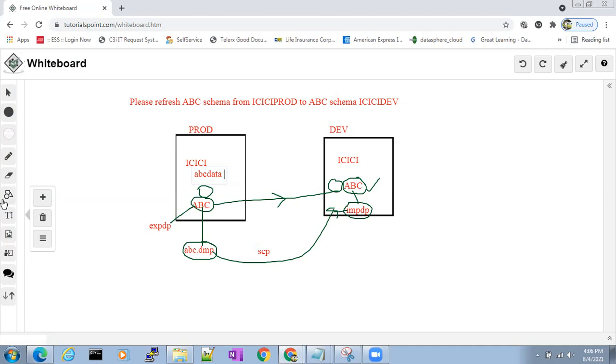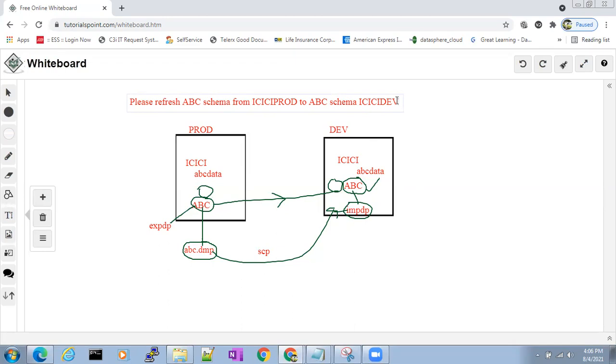So before importing, what do we have to do? Import is logical, right? We need to create a physical file. We need to create the same ABC data tablespace. The same ABC data tablespace should be there. We need to create the tablespace and then import the data. Then the import will be successful. Till here, everyone clear?